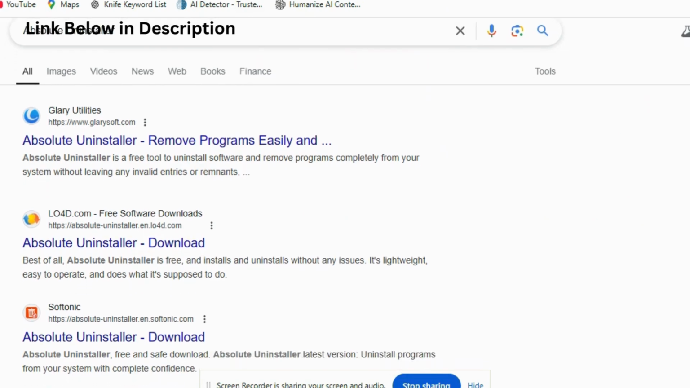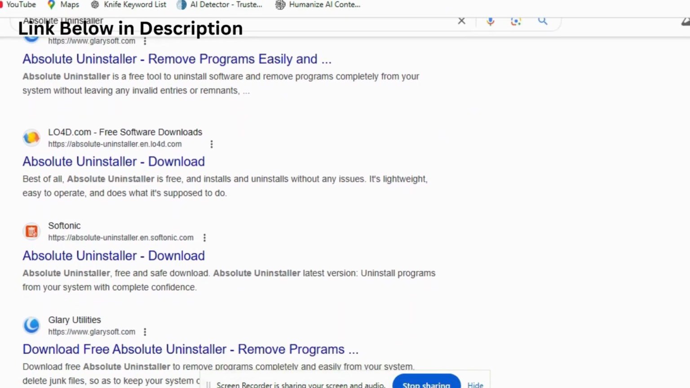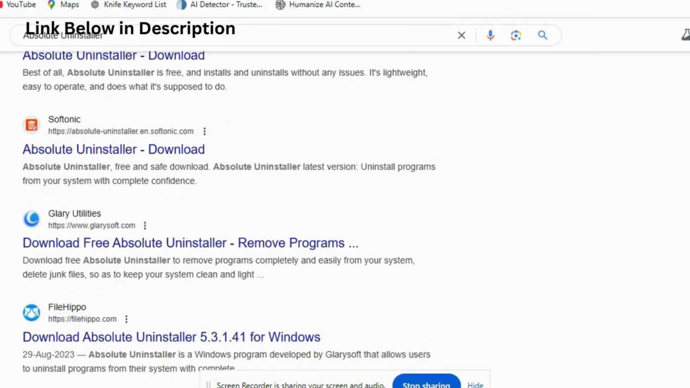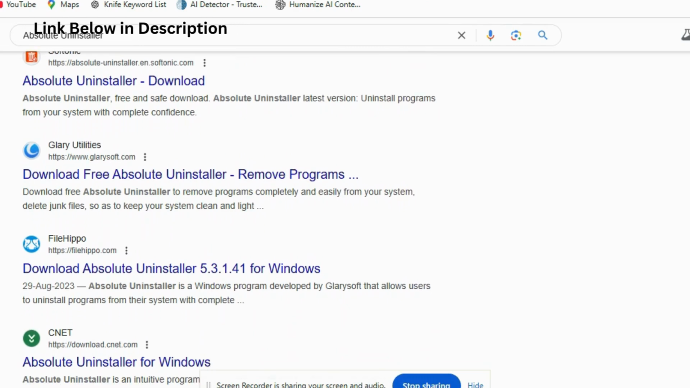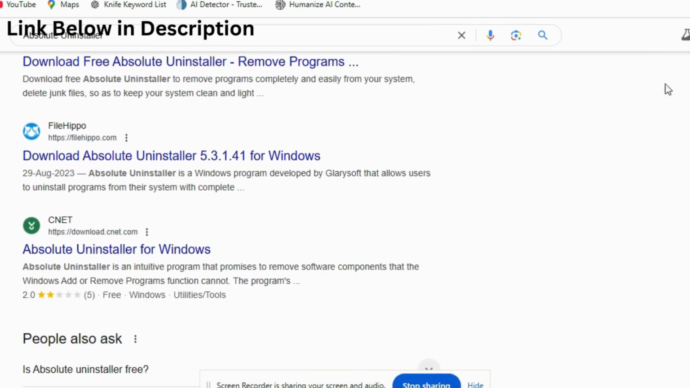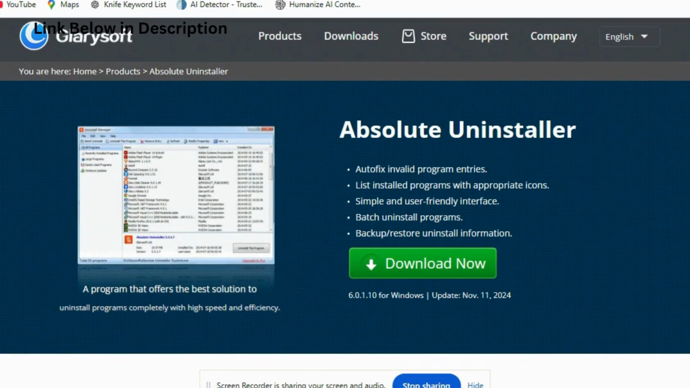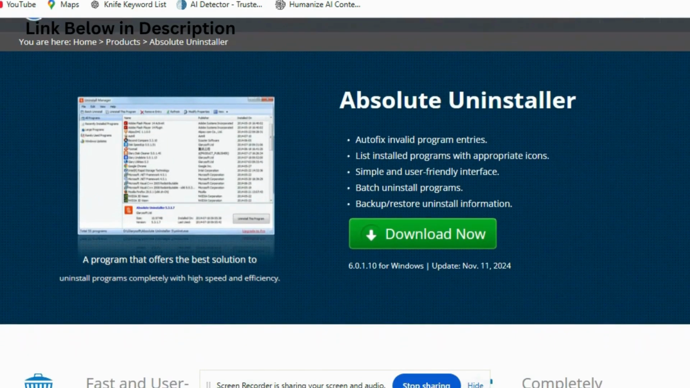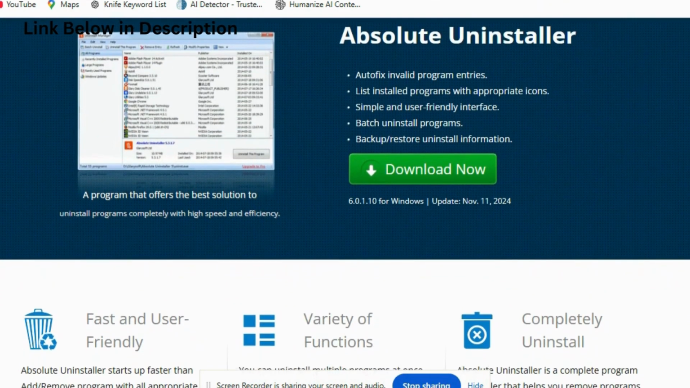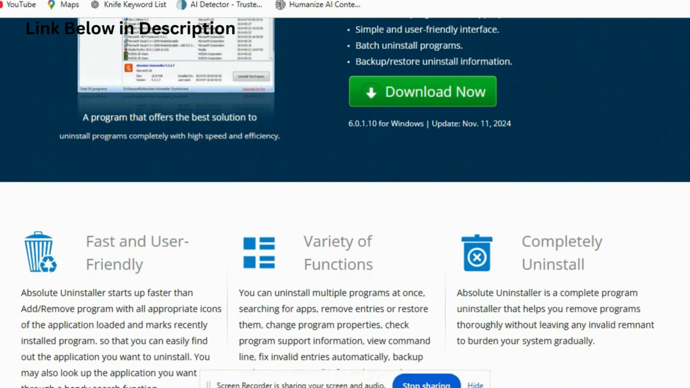Absolute Uninstaller is a comprehensive uninstallation tool designed to help users completely remove unwanted software from their computers. Unlike the default uninstaller in Windows, Absolute Uninstaller goes the extra mile by not only removing applications but also cleaning up leftover files, folders, and registry entries that can accumulate over time. This ensures that your system remains free of unnecessary clutter, helping improve overall performance and prevent issues related to incomplete